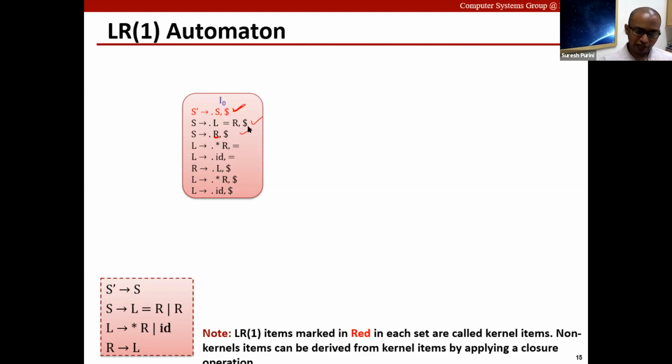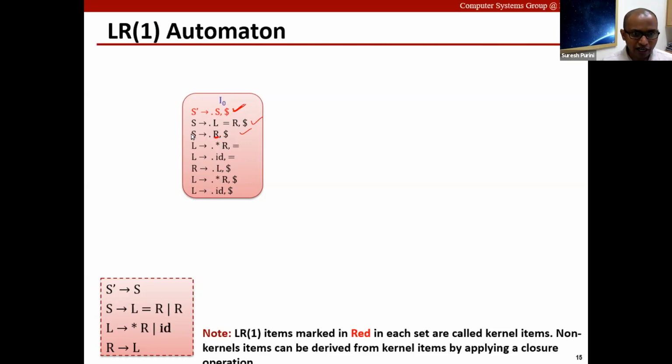And this story further unfolds as follows. Since we are expecting a string that is derivable from L to start with here, we are anticipating a string that is derivable from star R followed by equal to, because equal to is immediately present after this L. Or there is another possibility that we are anticipating a string that is derivable from ID followed by equal to.